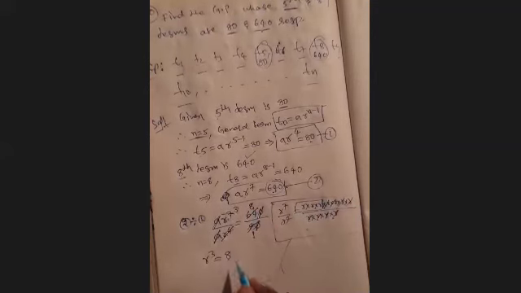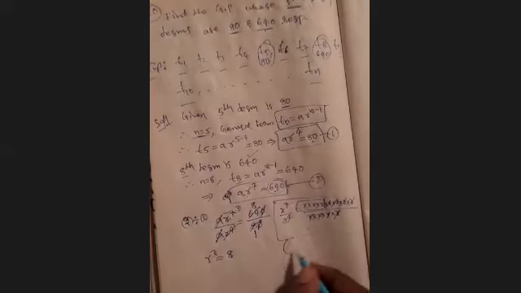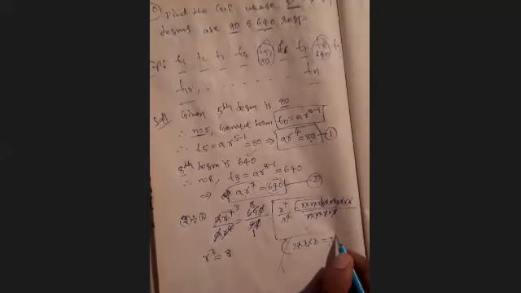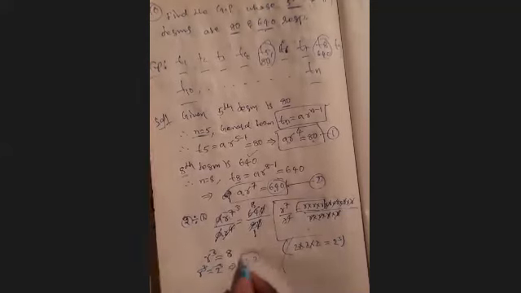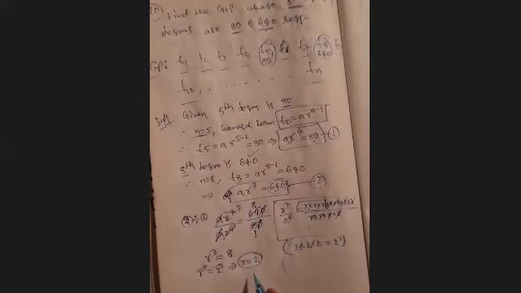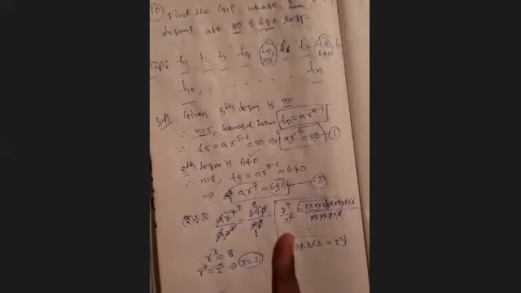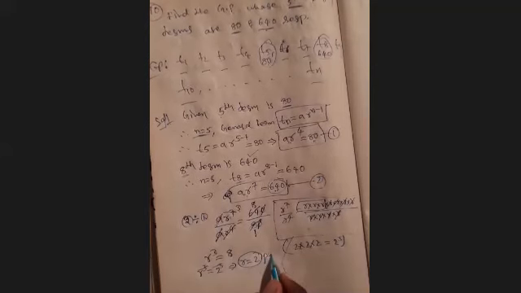So r power 3 is equal to the remaining 8. This 8 we should write in terms of a cube. Why? Because r power cube is on the LHS, so you should write this 8 also as something power cube. This 8 we can write as 2 into 2 into 2. 2 twos are 4, 4 twos are 8. So 8 is 2 cube. So r cube is equal to 2 cube. Cube, cube cancel, that implies r is 2. Now we have to find a, the first term. Then substitute this r equal to 2 in equation number 1.